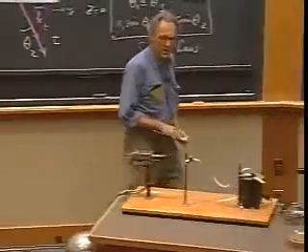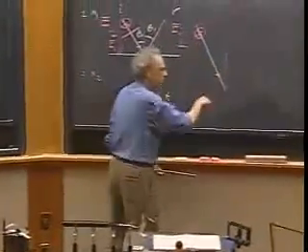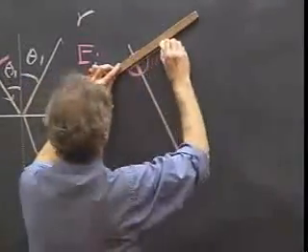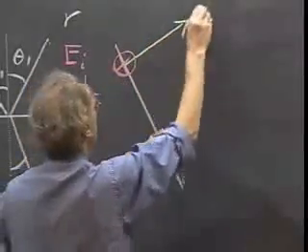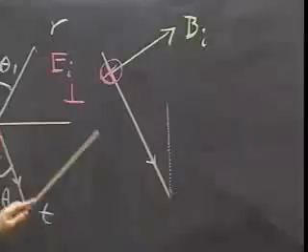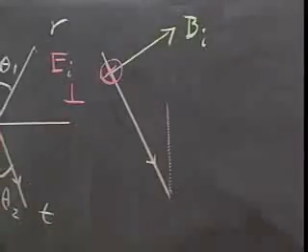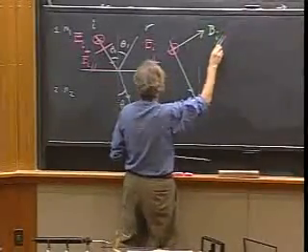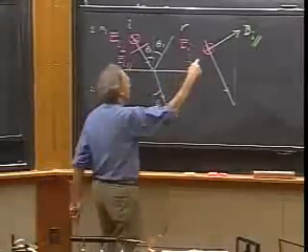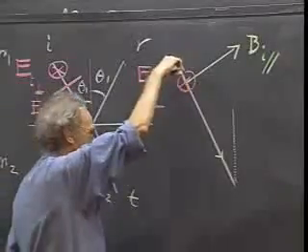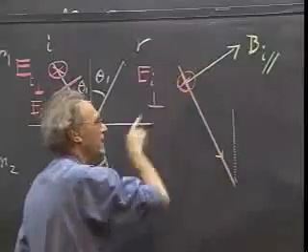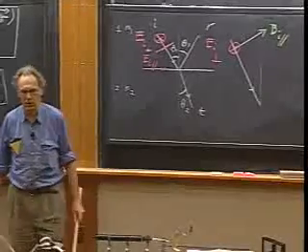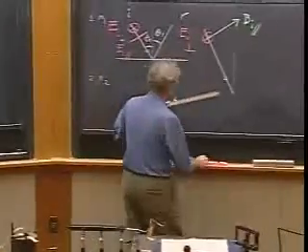And the E cross B of that component must go in this direction. And the B vector there must lie like so. There is no other possibility. This must be the B vector of the incident beam, but it just so happens that it lies in the plane of the blackboard. Therefore, we give it the symbol parallel. Because if the E vector is oscillating like this, the only way that the wave can propagate in this direction is if the B vector oscillates like this. So it is the B parallel component that is married to the E perpendicular component. And this angle is theta 1.